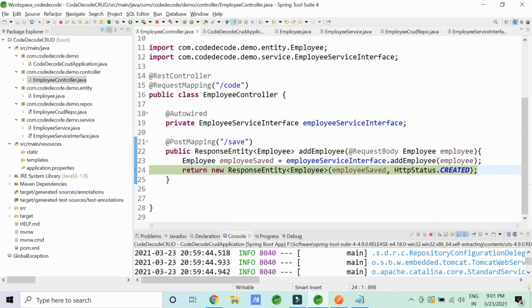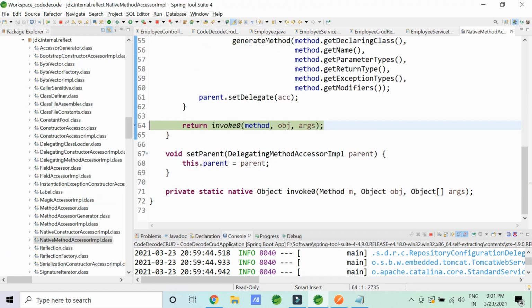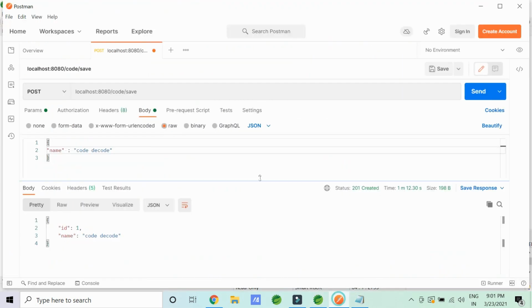So let me quickly go into it and see I have created a new response entity with the employee saved and HTTP status saying it's created. Perfectly fine, it is created. So let's just remove the debug and see whether it is created. Yes, and see this is the response body that I have got. So if I am the client, I'm hitting you with this particular request and I'm expecting you to give me at least what you have saved, at least give me the ID that we auto generated. So this is how your client will be able to see that yes, your ID is generated and your generated ID is 1. Your transaction ID, see this is how the transaction IDs are generated when you go to any online application. So this is how everything works around.